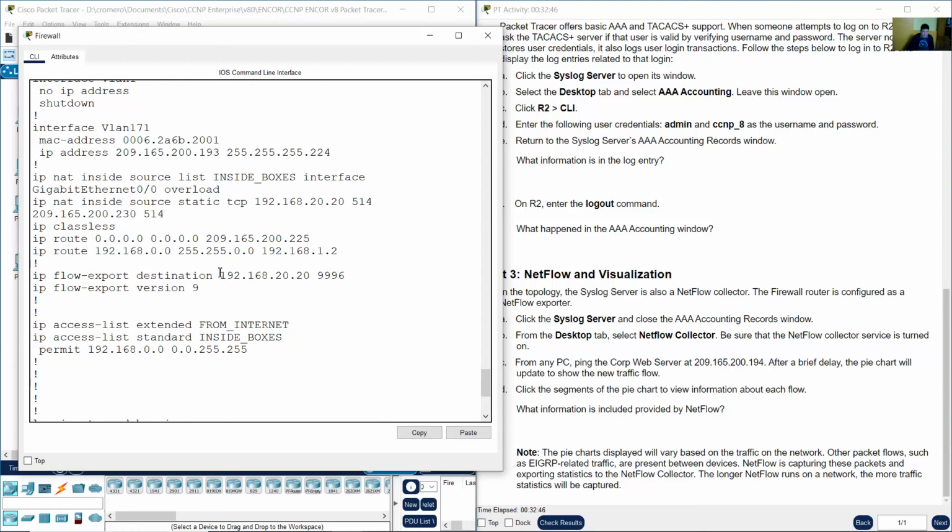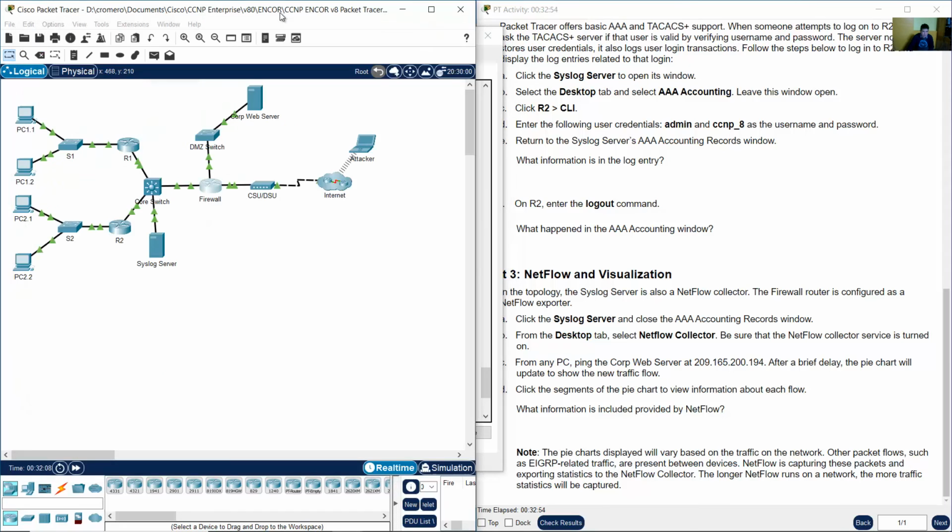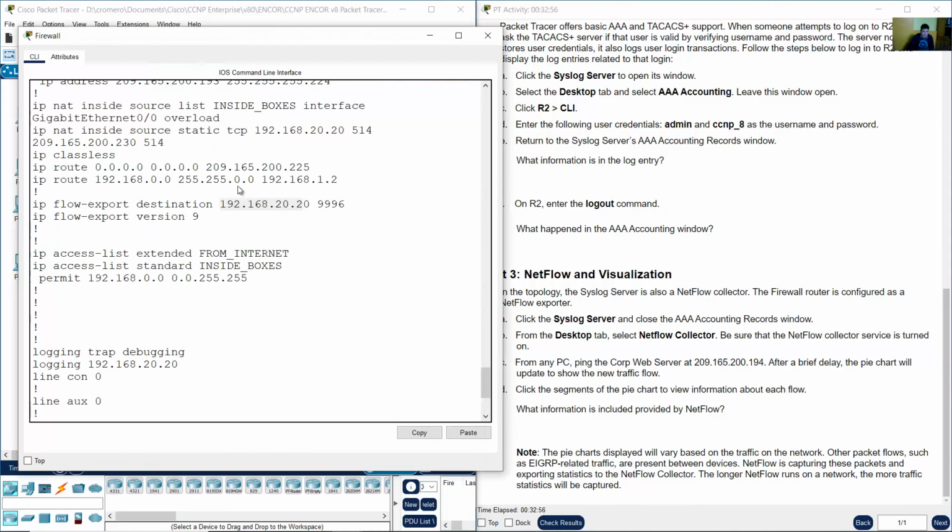The destination is the IP address of the Syslog server that is also a NetFlow collector. The IP address of this Syslog server, and the port for the NetFlow service, the version for NetFlow, version 9,